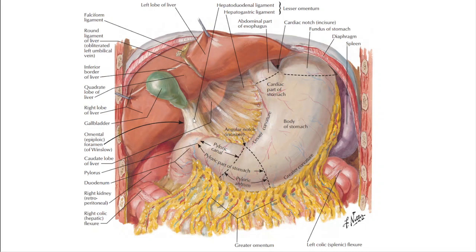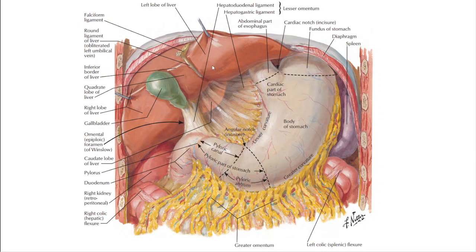On the left side, it contains the proper hepatic artery, and behind both of these, it contains the wide portal vein. This right free margin of the lesser omentum is called the hepatoduodenal ligament, because it is attaching the lips of porta hepatis, which are part of the liver, to the upper border of the first part of the duodenum. So hepatoduodenal ligament, and that contains those three structures, and behind this right free border of the lesser omentum lies the epiploic foramen. We will come to that also later on.